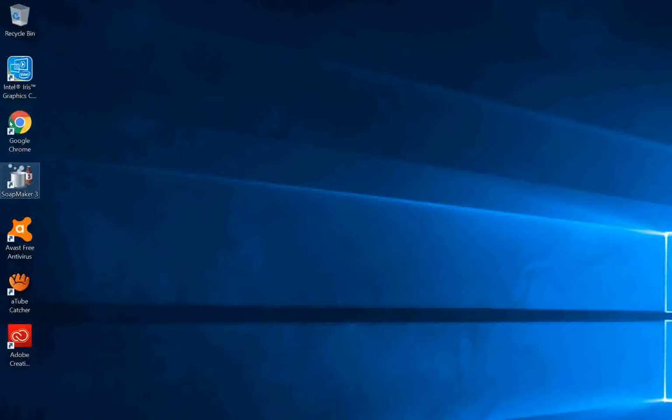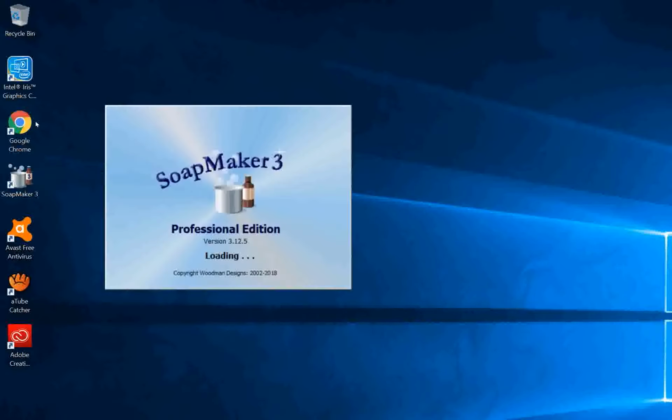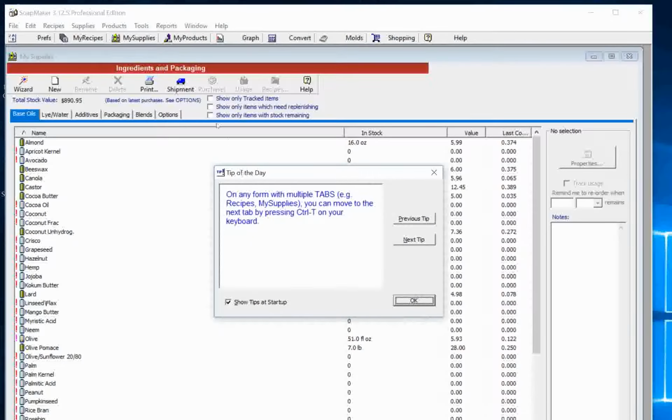On your desktop there is an icon. Double click it, or you can right click and open. Each time we open the SoapMaker application, there is a tip of the day. On any form with multiple tabs, for example recipes, MySupplies, you can move to the next tab by pressing Control-T